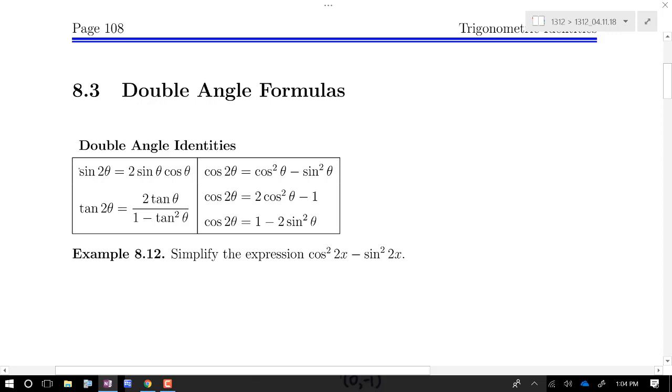We've got a formula for sine, a formula for tangent, and then you'll notice there's 3 versions of the formula for cosine. Now, they're all related to each other. In fact, starting from any of these double angle formulas for cosine, just by using the Pythagorean identity, the fact that sine squared plus cosine squared is equal to 1, you can get in between these 3 versions for the cosine. We call them double angle formulas because